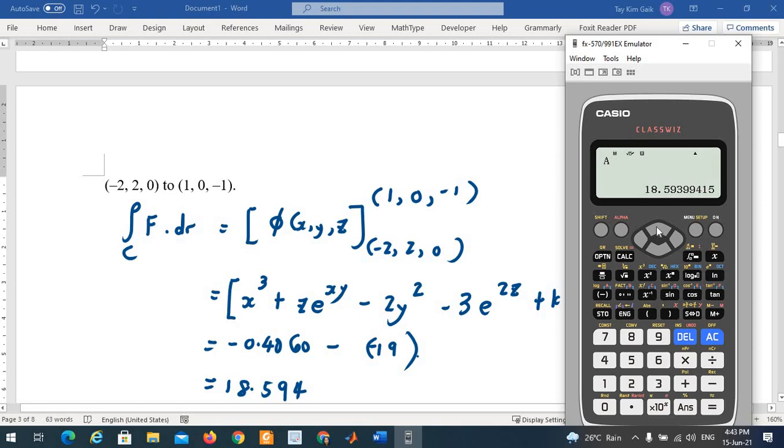I saved the wrong A already. Okay, A I saved wrongly, and you can use this one. No, correct. So A minus